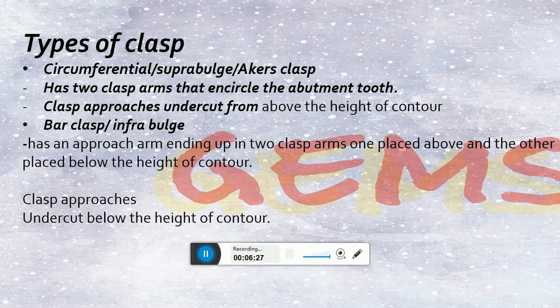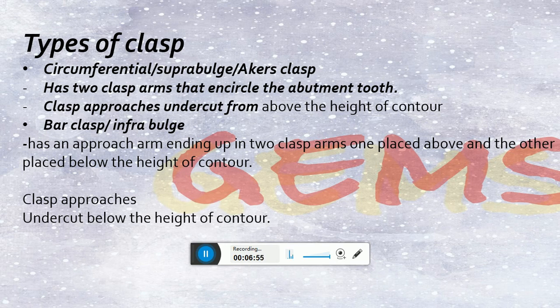Next is types of the clasp. We have already done the direct retainers, and there you saw types of the clasp. Now, types of the clasp: we have circumferential, that is the suprabulge or the occlusal approach clasp, and next is the bar clasp or the infrabulge clasp. Circumferential, suprabulge or occlusal approach clasp, these are synonyms for each other, and it has two clasp arms